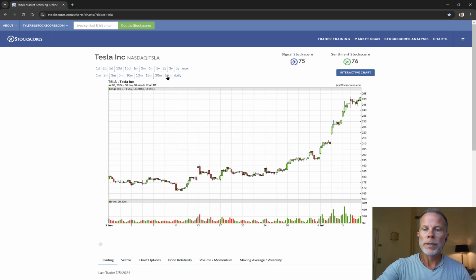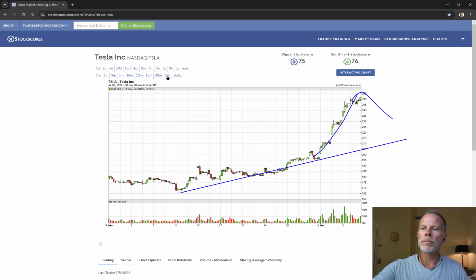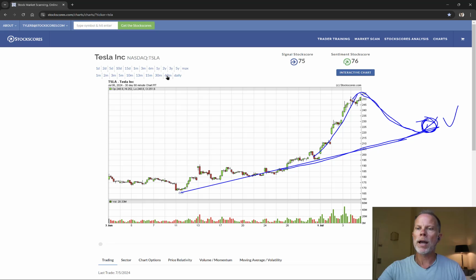And here's what you want to do. So if I draw a linear trend line, I can draw a line across these bottoms, and that's roughly the linear trend. We've run away from it, and so we should soon pull back to it. And it's that pullback that will create the next opportunity to buy. Because if we pull back somewhere near the trend line and then bounce off of it, that is a time to buy. If you are long of Tesla right now, then you want to be watching for a sell signal,